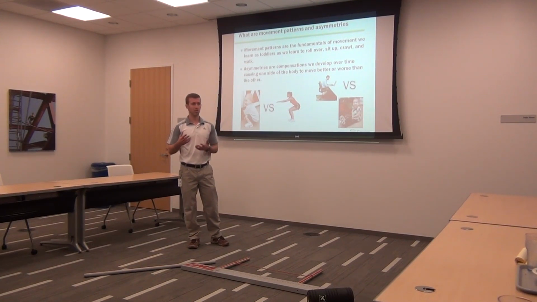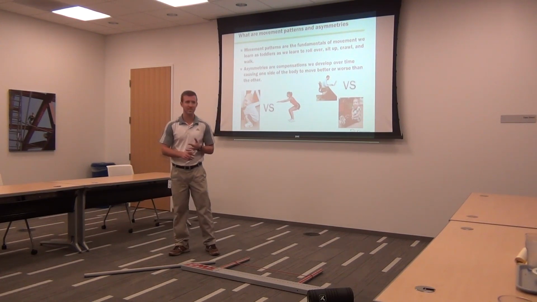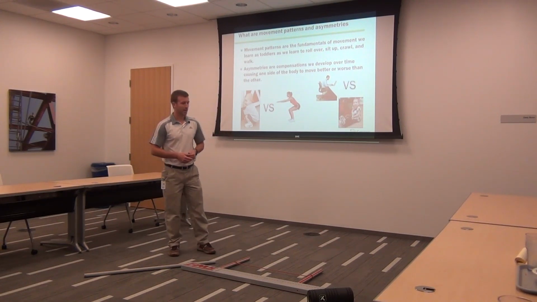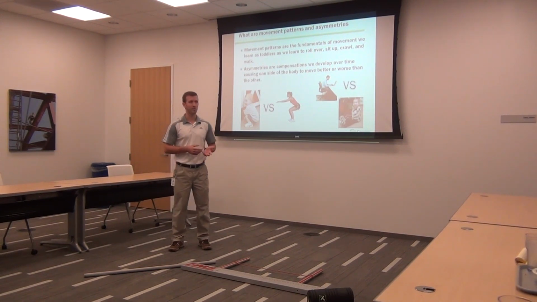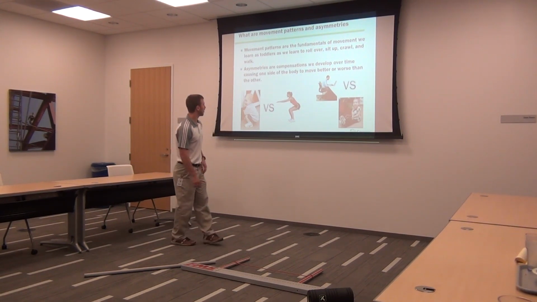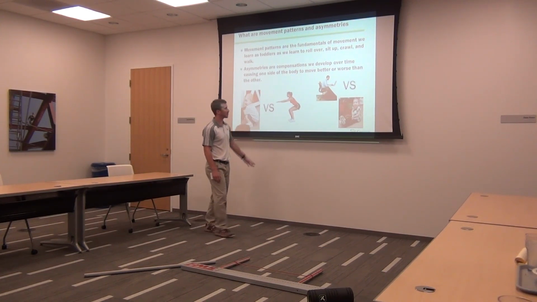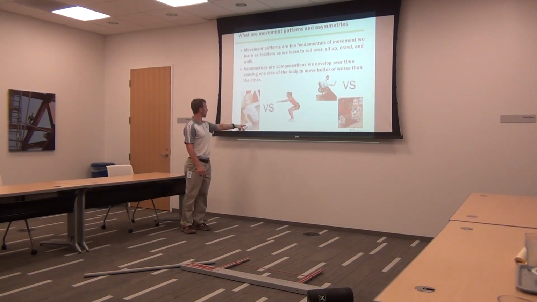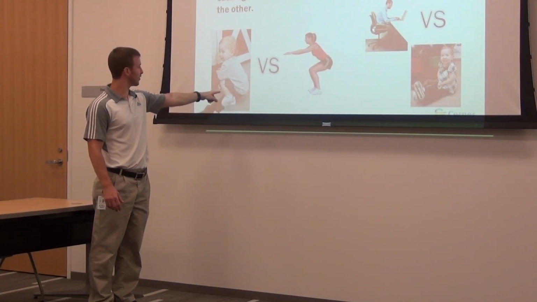And then as we get older, we go to school, get jobs, sit, injuries happen. When injuries happen, you compensate. So things happen to those movement patterns, so they're not as pure as they were when we were little tiny kids. This adorable little thing is my daughter. She's providing us with an example of great posture and good squat form. So, how many of you, when you bend down to pick something up, still do it just like that?